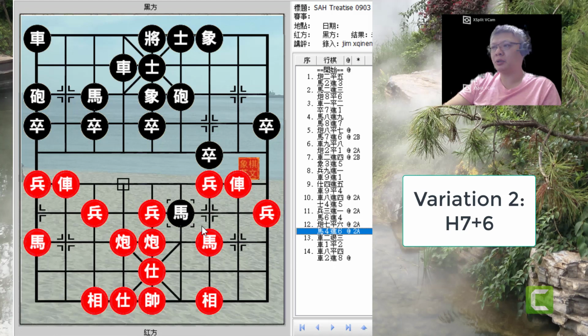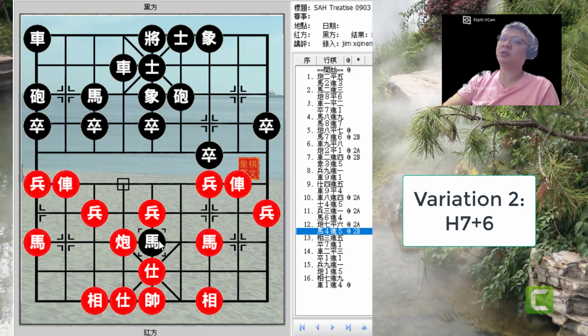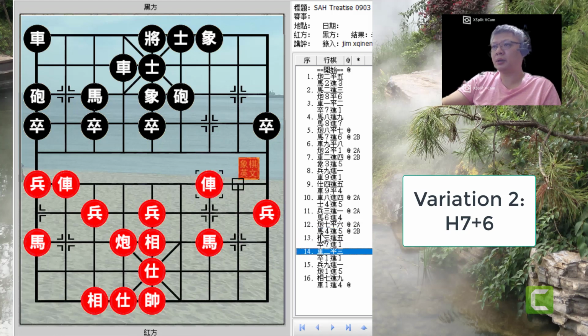Now in this situation, h4 plus 6 would have been better than capturing the central cannon with h4 plus 5, because the black horse had used up 1, 2, 3, 4 moves just to trade away for red's central cannon, which has only just made one move. Now this would be a loss of initiative on black's part, and as can be seen,